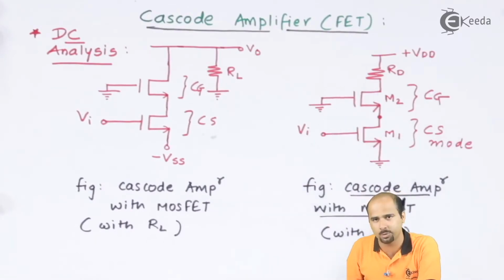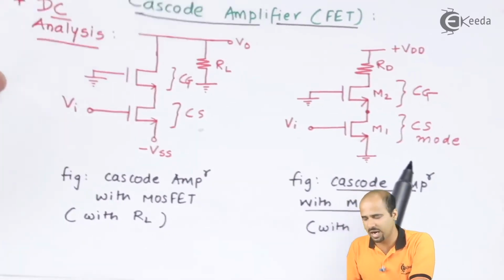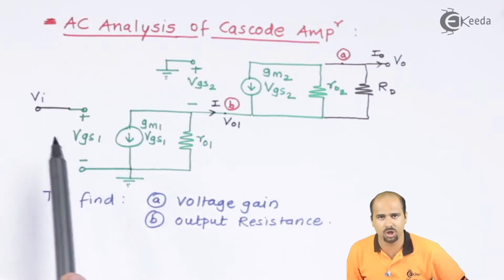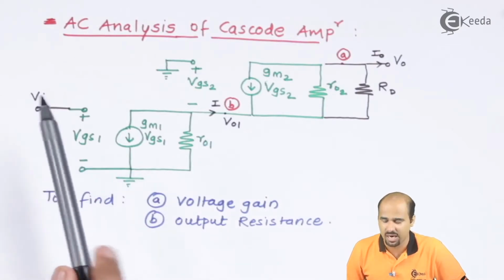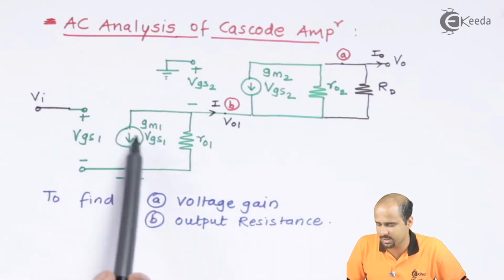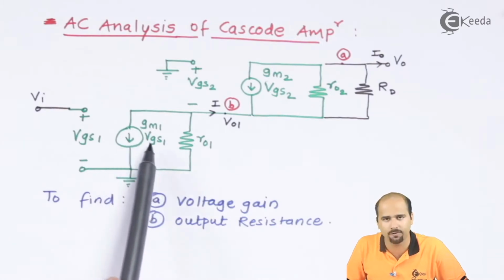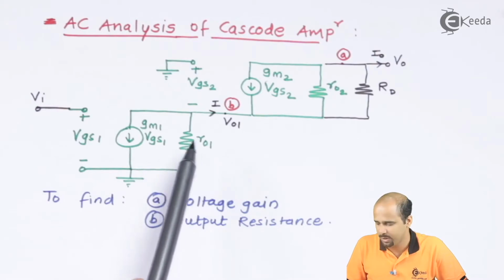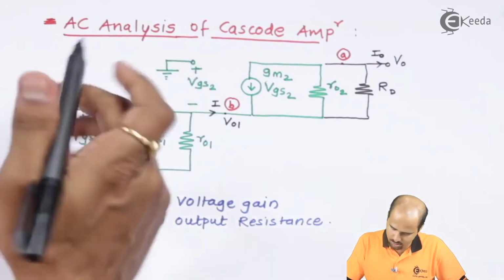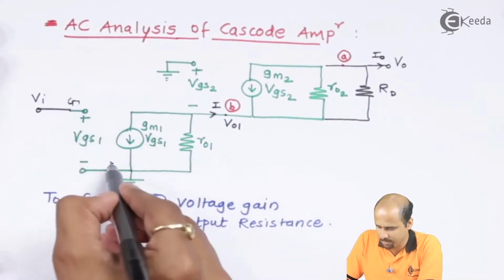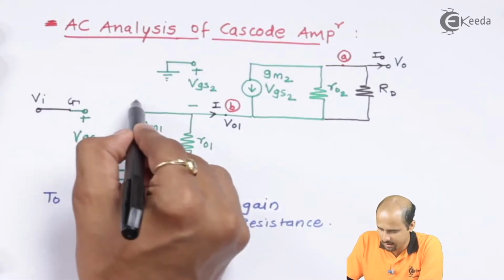Two MOSFETs, M1 and M2. Let's start with the first MOSFET. MOSFET 1 I have drawn with this green color pen, right? VGS1 is open circuit because the input resistance is infinite, and that is directly connected to the input voltage Vi. gm1 VGS1 is a dependent source, connected with the output resistance of that MOSFET M1, that is nothing but ro1, right? And let's say this is gate 1, source 1, and drain 1.